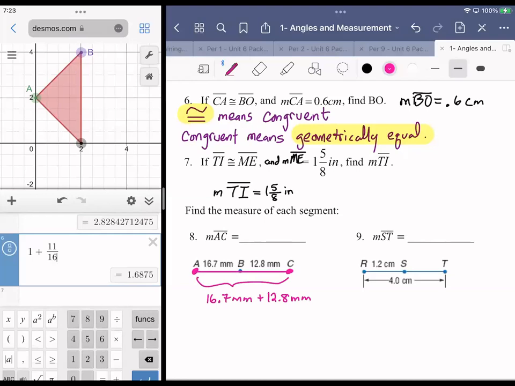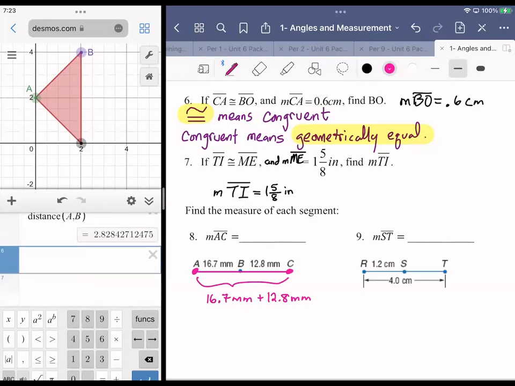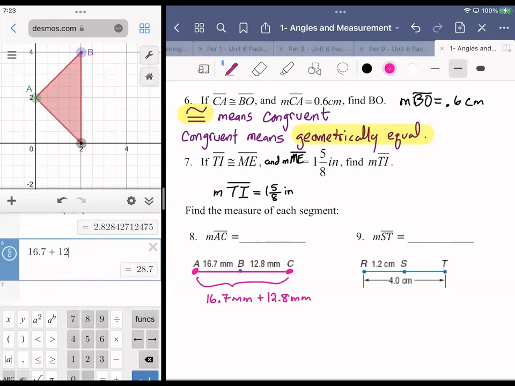Well, you go out a certain distance with your measuring tape, you mark a spot on the wall, on the floor, whatever, and then move your measuring tape to start at that mark and go the rest of the way, and then add those two values together. Okay, so that's a pretty straightforward application of this concept. All right, on Desmos, it's really just a matter, I mean, nothing fancy here. You're just taking the 16.7 and adding to it a 12.8. So it's going to be 29.5